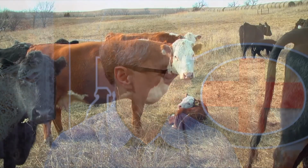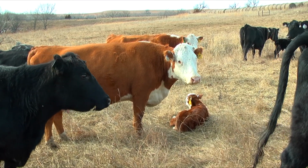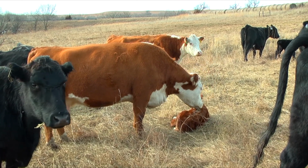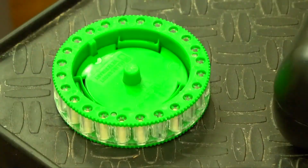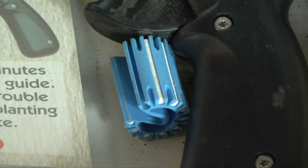In the stocker industry, we see a fair amount of use also. Where I see the situation that we could do better is in the suckling calves. In our nursing calves, if that calf is a steer, he needs to have an implant in his ear. Our research, and everybody else's, shows that a low-dose implant, so Ralgro, Synovex C, or Component EC with Tylan, is going to give you somewhere between 15 and 25 pounds of extra weaning weight on those calves at a cost of about